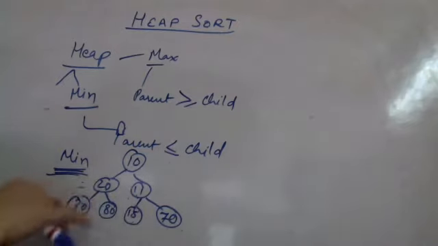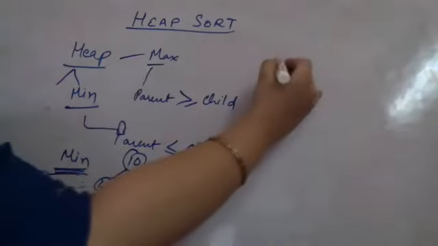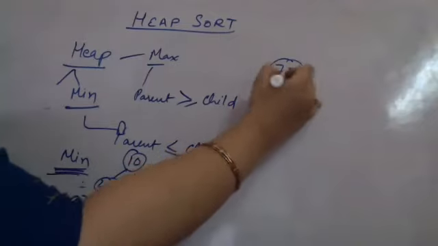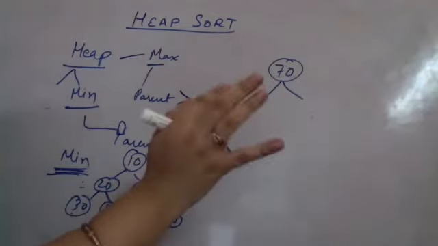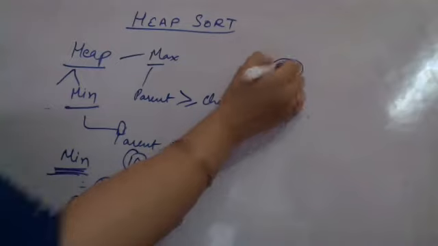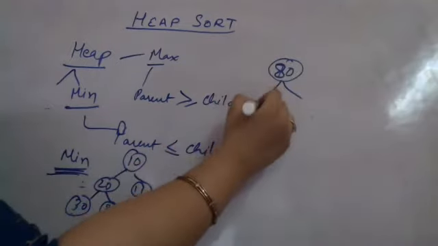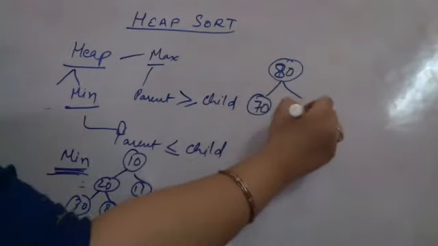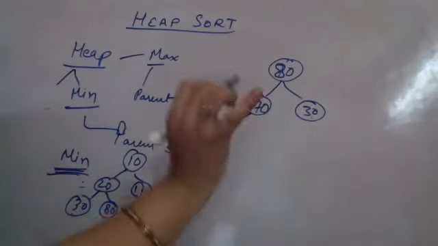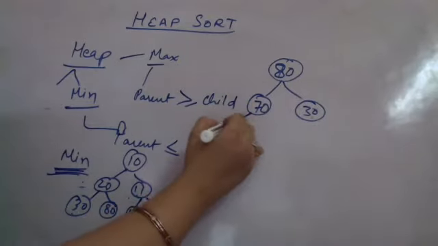If I take similar elements, if I want to create a max heap, then the root is always greater than the children. I have to make sure that I am having the root, the parent, greater than the children. So I am having parent which is greater than the children. Always, this is a condition here. There is no other option.